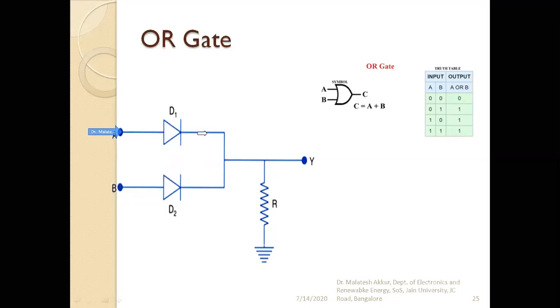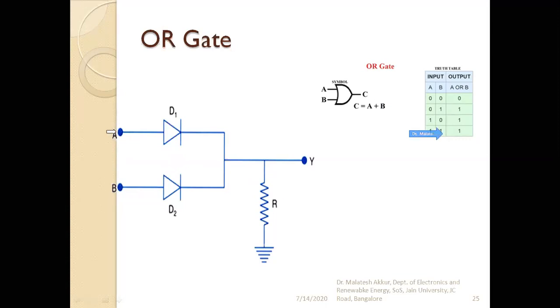So the current flows here, here, and here through the resistor also. So the voltage appears across the resistor. Hence, it acts like a high. Okay. The last condition, when A is 1, B is 1, means A is 5 volts, B is